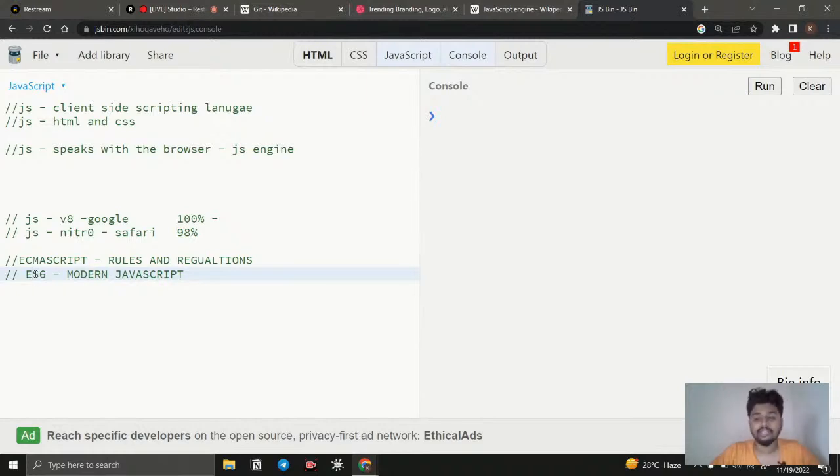According to the rules and regulations, the Google developers, Safari developers, and all the browser developers will take this V8 engine and develop their JavaScript engine according to this ECMAScript standard. Think about that. Google is changing their engine according to the ECMAScript standard. That is the reason why JavaScript is called the language of the web. If you learn JavaScript, you have a huge number of options, because every browser has an engine, and those engines are responsible for running JavaScript, and they follow the rules and regulations.